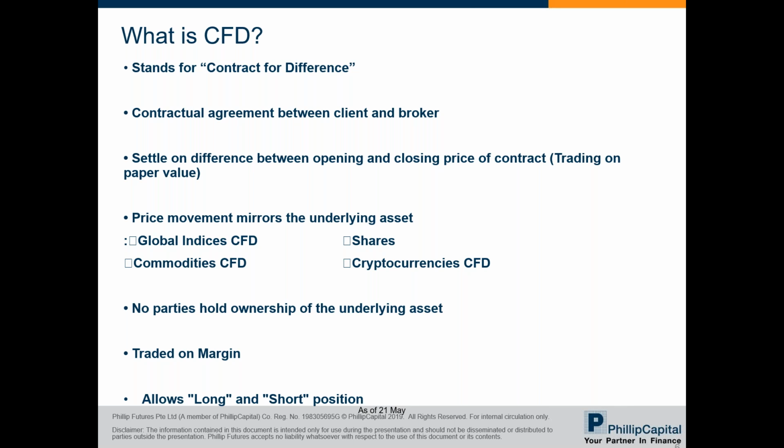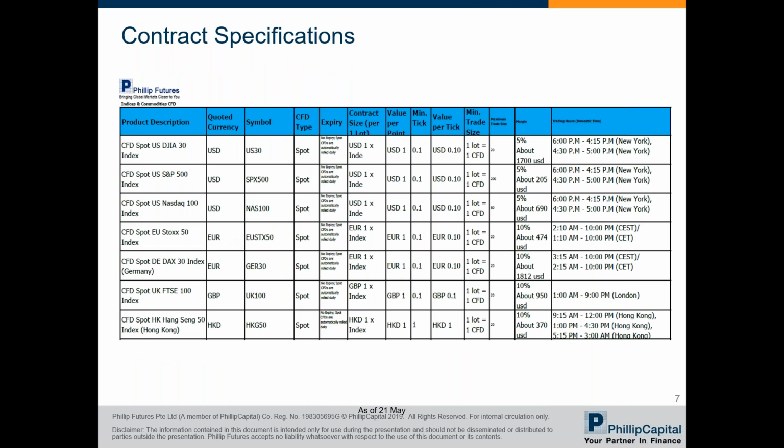If you think the price of a particular underlying stock index will go up, you can buy and benefit from the rise. This is referred to as going long. Holding a short position, or shorting, refers to selling the contract first and buying back at a lower price later. Holding short positions allows flexibility in trading opportunities, even when markets face a decline. The profit or loss you make is the difference of the entry and exit price and the direction you have picked for that trade, hence the term contract for difference. I hope you are following so far.